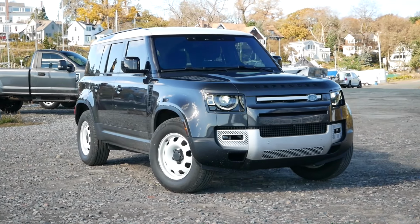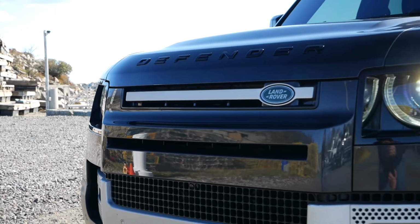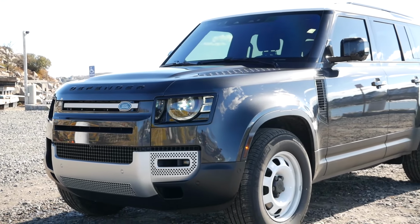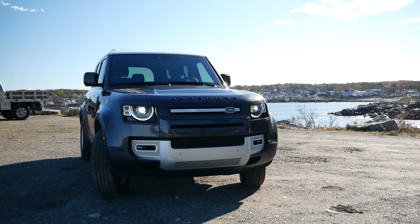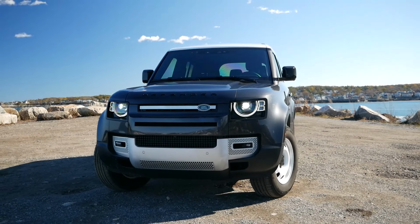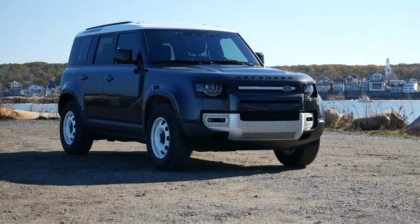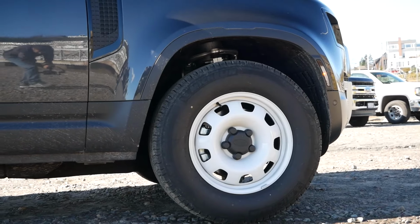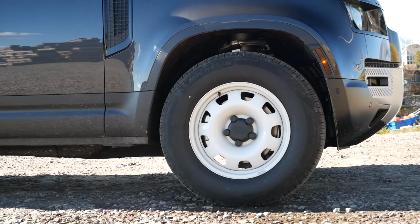As we're going to find out real quick when we take a look at the interior, there is nothing basic about this Defender, as LED headlights do come standard, and for models with air suspension, those lights are upgraded to auto leveling. Even with its modern appearance, there's still a sense of durability that's going to inspire confidence in owners to take on terrain besides pavement, while at the same time doubling as a premium luxury SUV if you opt for a well-equipped trim. Moving over to the side profile, our model is sitting on 18-inch gloss white steel wheels,